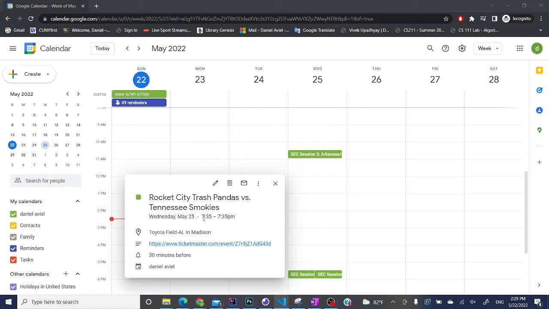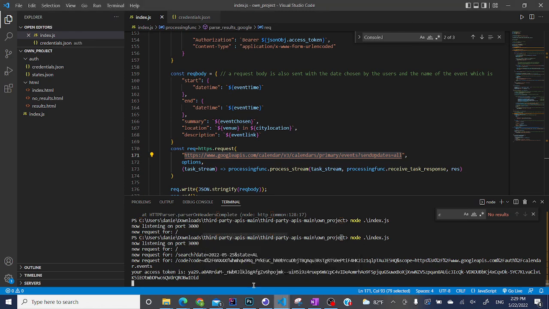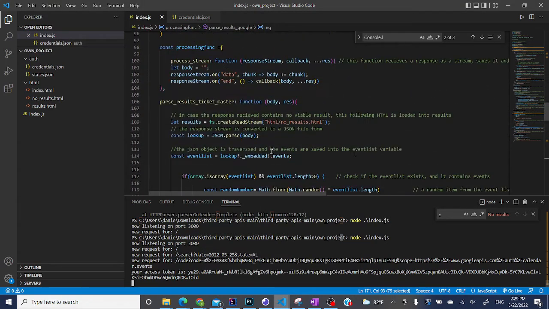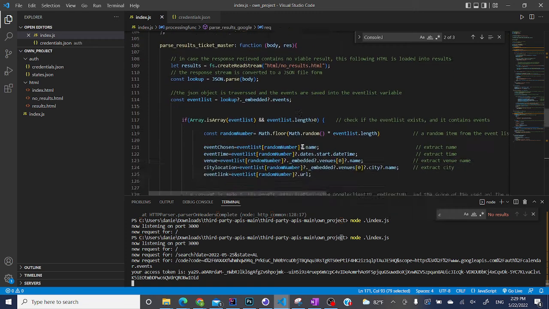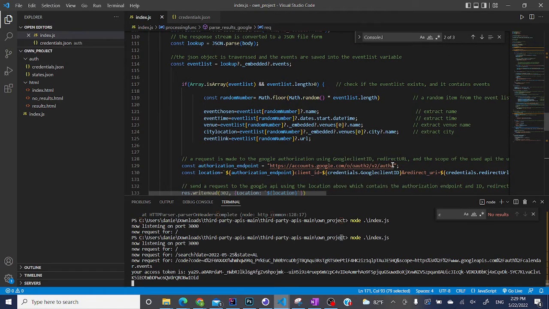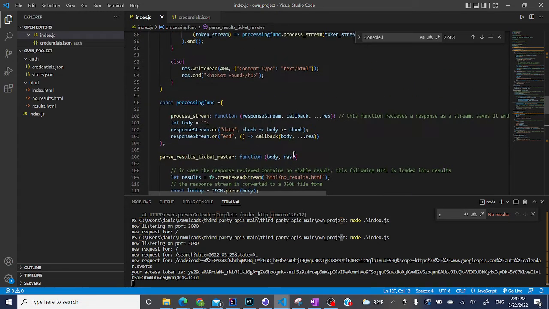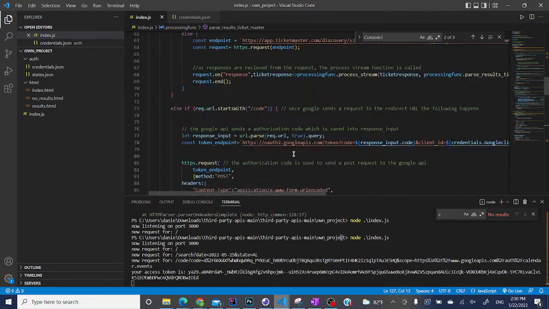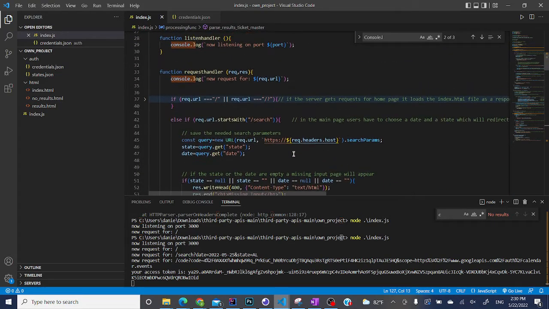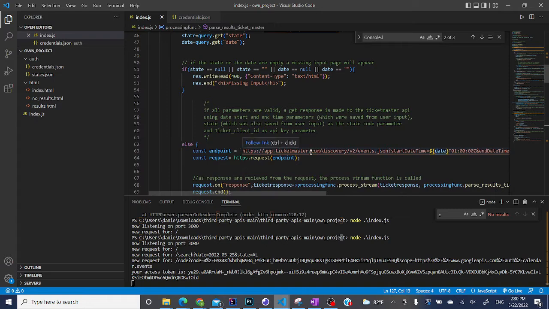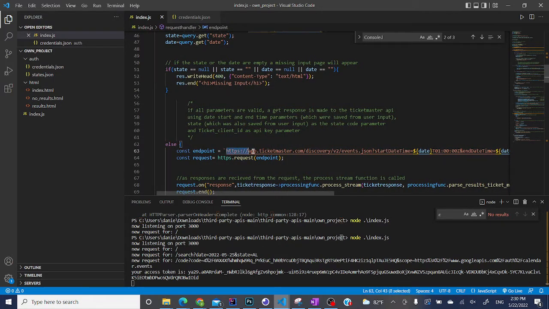Well, so as I said before, the two APIs which are used are Ticketmaster API and the Google Calendar API. The Ticketmaster API, as we access it through here, is using this as the endpoint. Oh no, this is not the one. I'm looking at the wrong one. This is the endpoint, and in this endpoint we insert